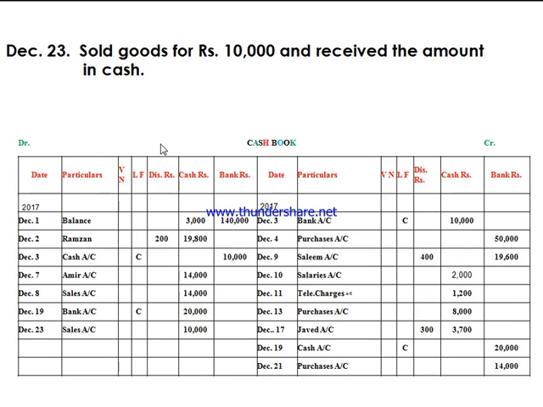Next transaction is sold goods for rupees 10,000 and received the amount in cash. It is a receipt transaction. Therefore, it will be recorded on the left hand side of the cash book, or the receipt side of the cash book, or the debit side, as you can say. So, write down the date in the date column,